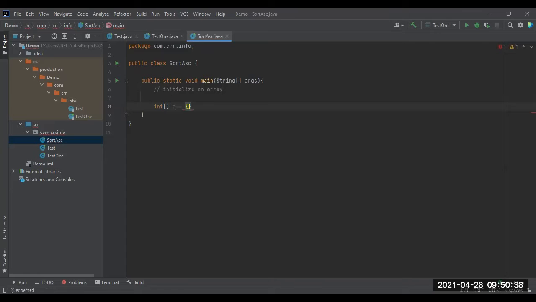And now I'm going to write the values. For the sorting purpose, I'm taking 3, 4, 1, 2, and 5. Yeah, it is enough for that. Now we are going to call that one. Wait a second, I'll show that for you.